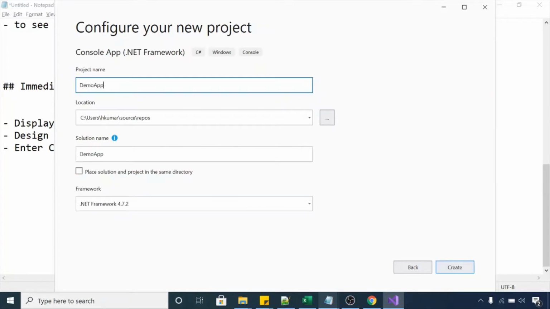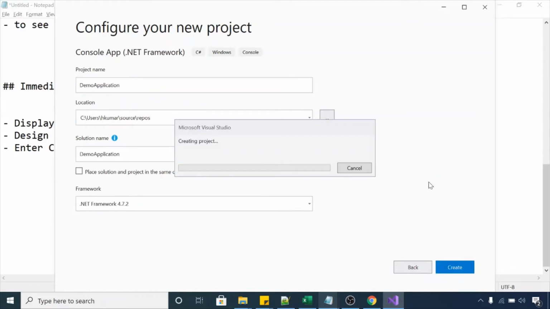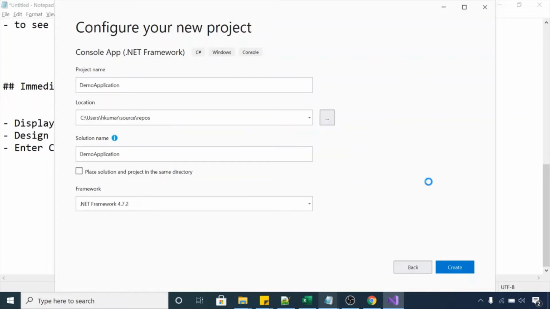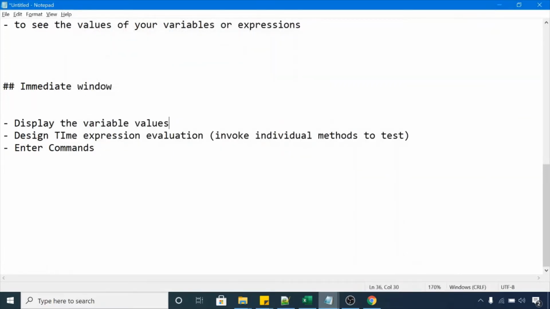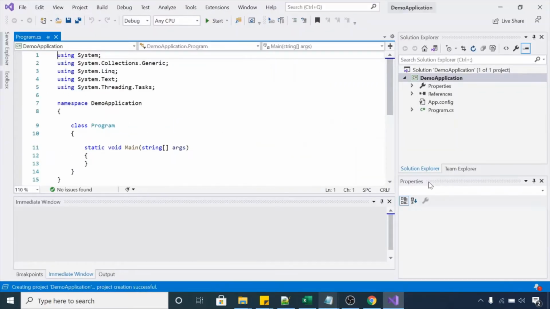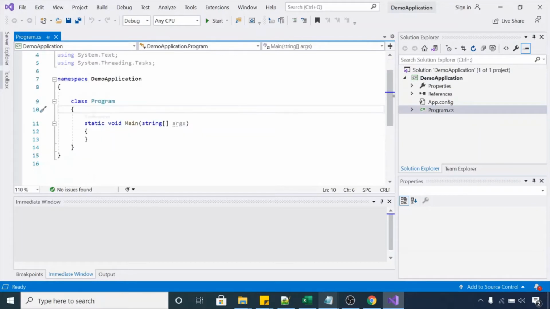We'll enter DemoApplication. Click on create. Now it will create a console application with the default file Program.cs. In this file, we have one Main method, and you guys know that the Main method is the entry point for your console application.